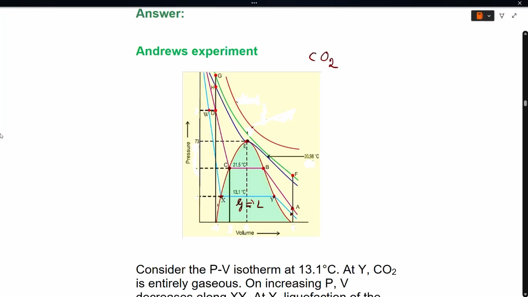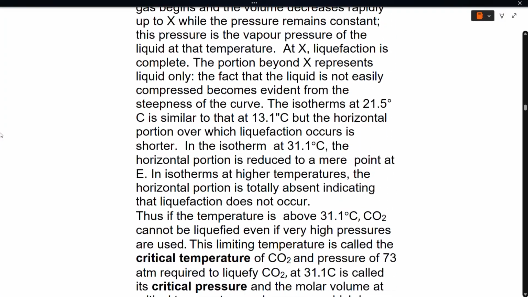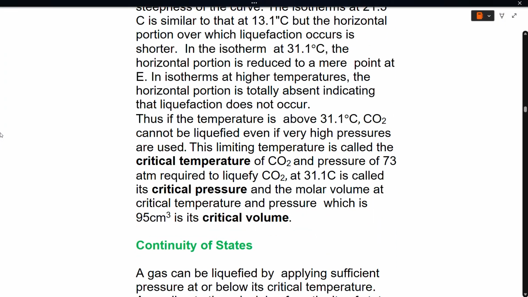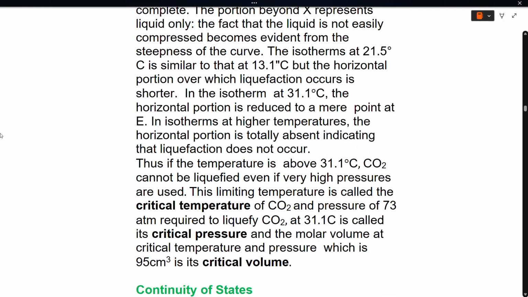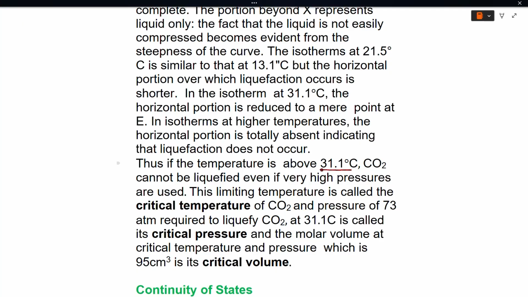You can say the gas at a particular point gets completely into liquid state. Okay. So, that is about what they have said in this. Then the temperature at which we found that there is a point at which the gases, here it is carbon dioxide, has been completely converted into liquid state, and that temperature is 31.1 degrees, and above that